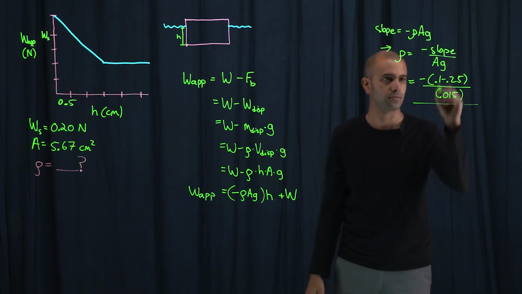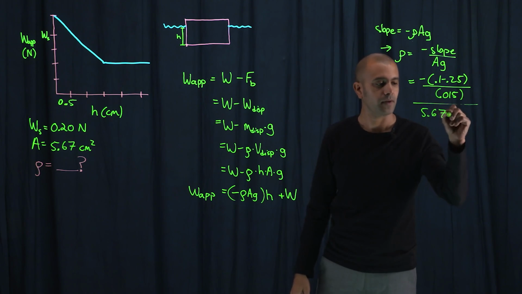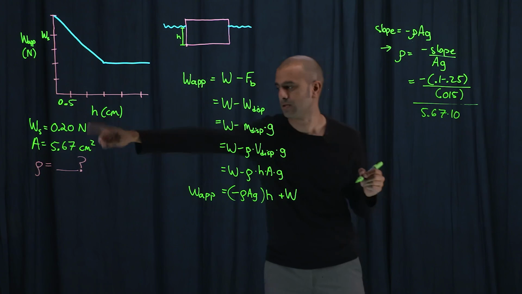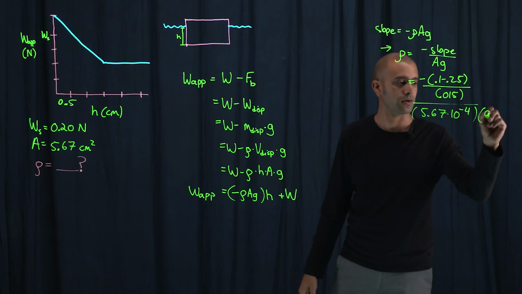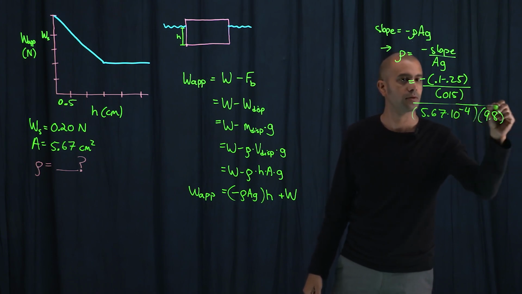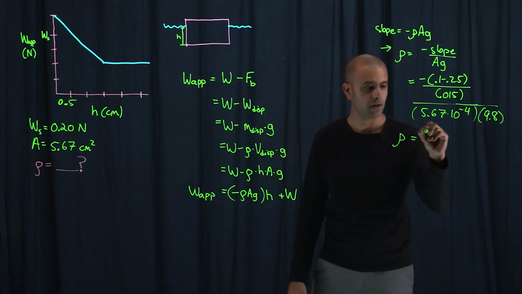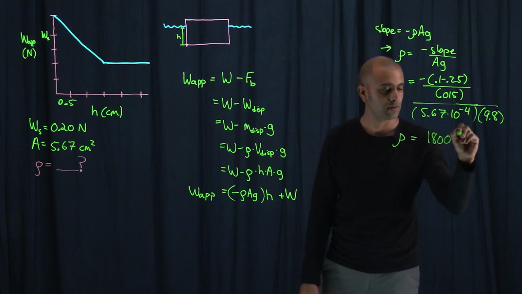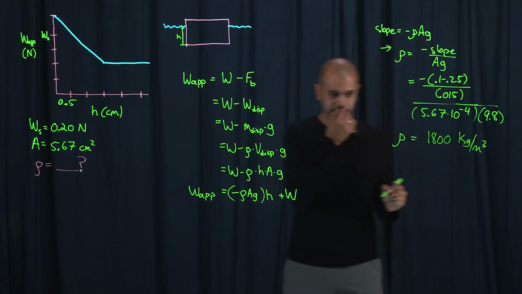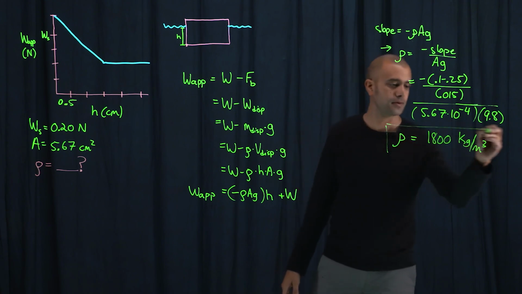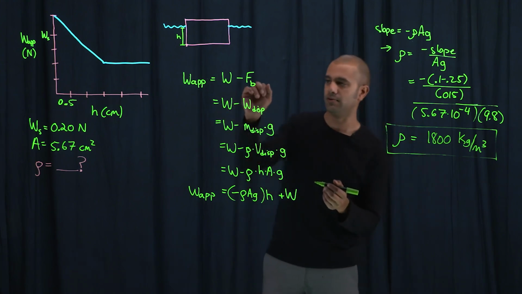And then if I just retain the bottom part, A is 5.67 times 10 to the minus 4. Remember, you're squaring centimeters, so it's 10 to the minus 2 squared, 10 to the minus 4. And then that's all times 9.8. Okay, and that should give you a value of 1,800 kilograms per meter cubed. So a very short problem. We just had to basically investigate the graph and then use what we knew from the definition of buoyancy and